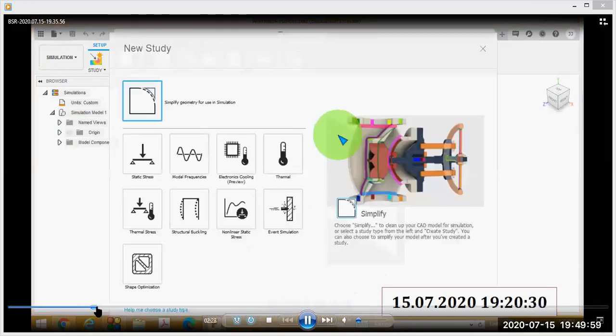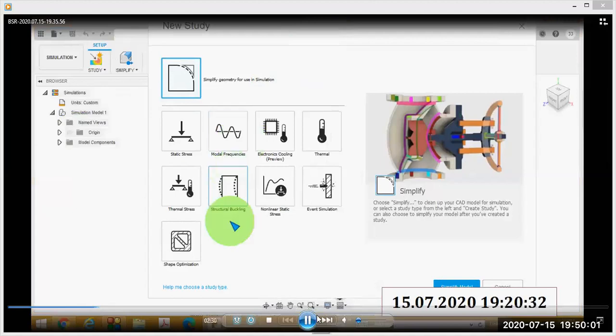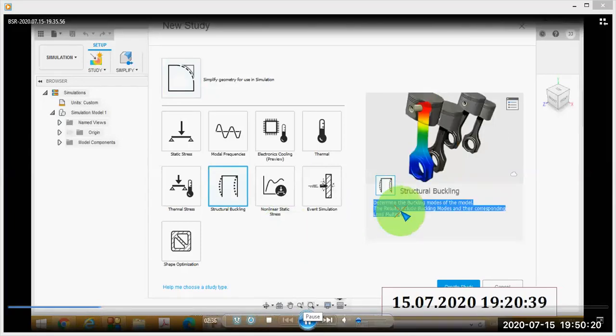Then I will select the buckling analysis. So here you can see this is the option. This is the structural buckling. So I will click the structural buckling.